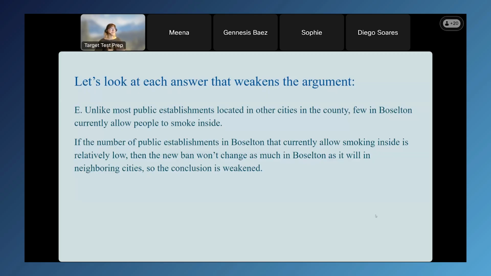But if the businesses in Bozelton already have this rule in place as private businesses, then the people that go there are unlikely to change their behavior because they're already not smoking inside. This one doesn't weaken as much as the other ones, because it could be that for the few that do allow people to smoke inside, there could still be a bit of an impact, but it does make the conclusion a